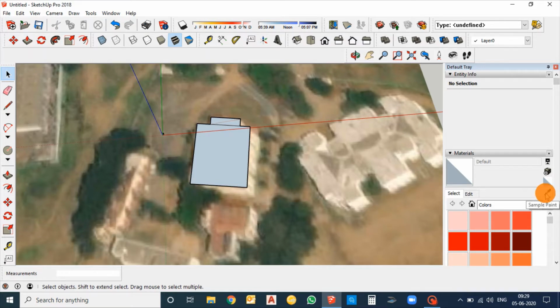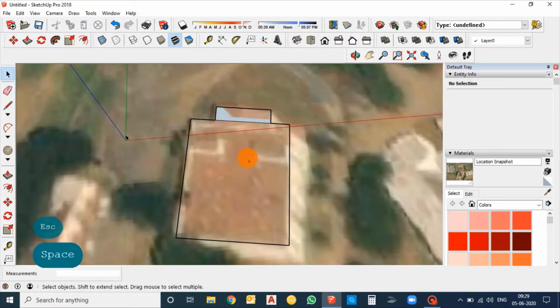In materials, you will have sample paint. Just click on sample paint, the source and the destination. You will now be able to see the inner image.